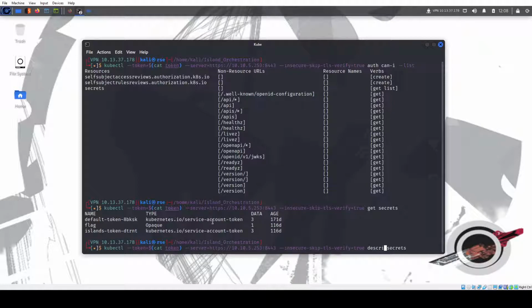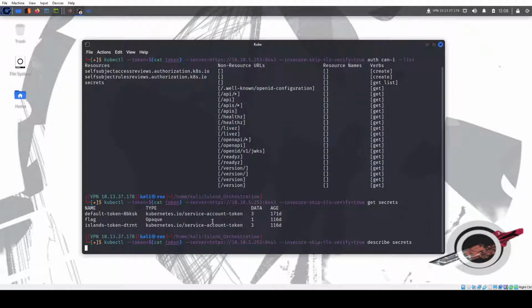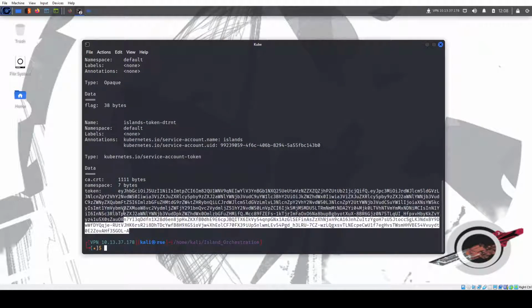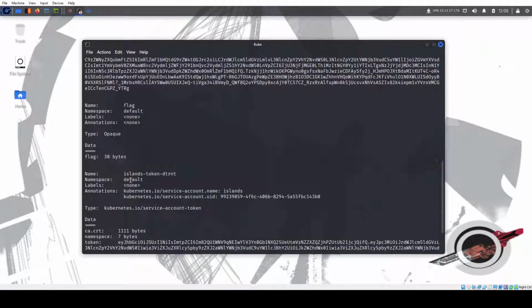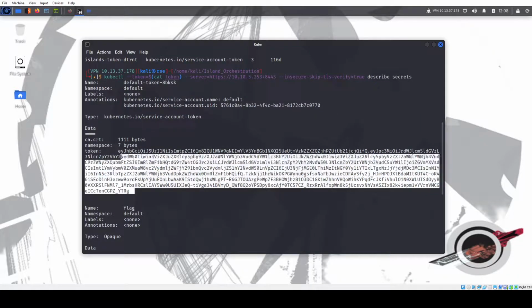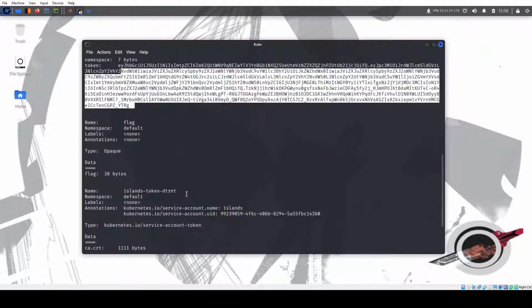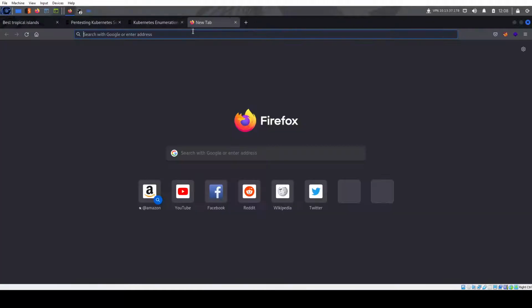If we do describe secrets, see, we have this already. It doesn't give us the flag, right? But it does give us the token we already have. So what do we do? How do we list secrets? We just Google